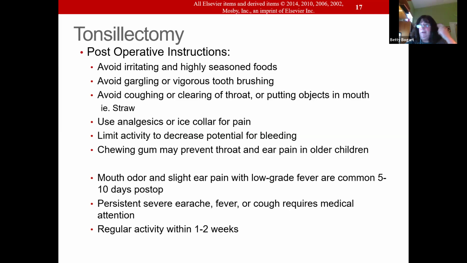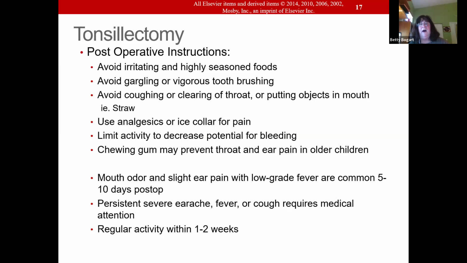Now, we talked about ears. One of the major surgeries, well, so is tonsils. Usually, tonsillectomy children come in through outpatient, go into OR, and they're sent home. Sometimes you might see them go to the floor, but if you ever work in one of those perioperative areas, we need to know what to teach these parents.